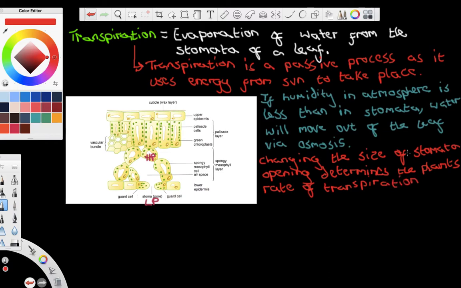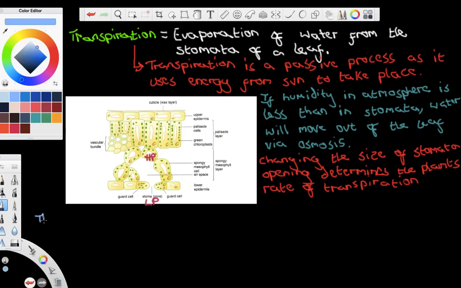So the bigger the stomata is open, or the wider the stomata is open, the faster the rate of transpiration. Now, if water is lost from these air spaces here, water then moves from the spongy mesophyll out into the airspace. So we've got water being lost from these air spaces into the atmosphere, which the water then lost from these air spaces is replaced by water from the spongy mesophyll. So we can then say that